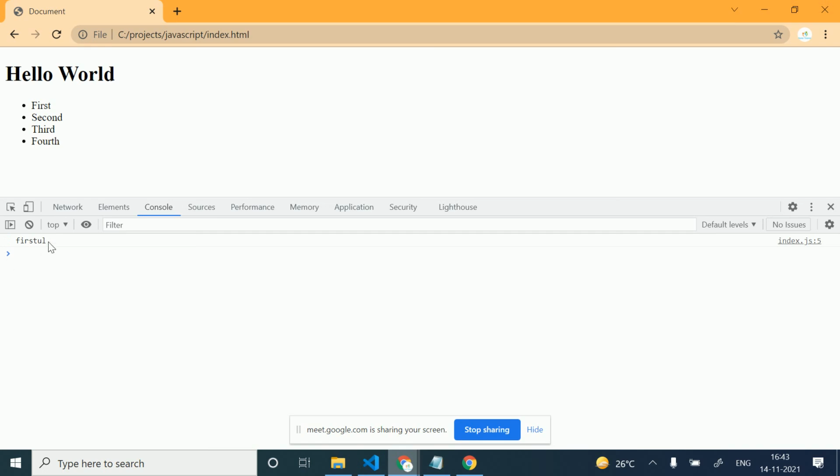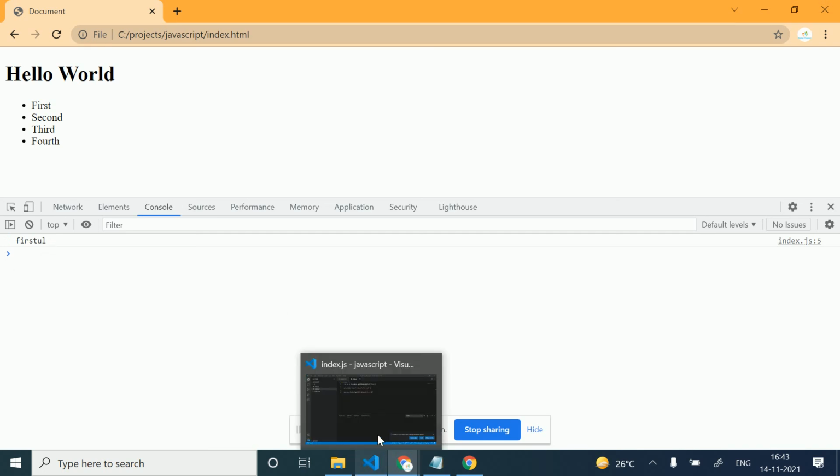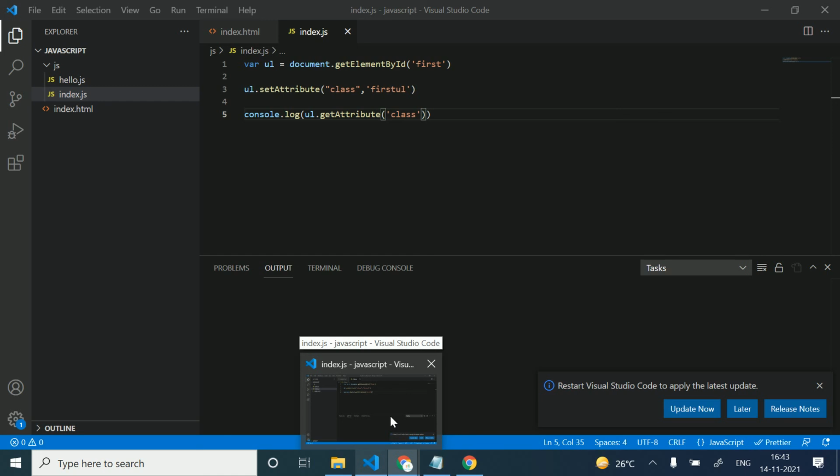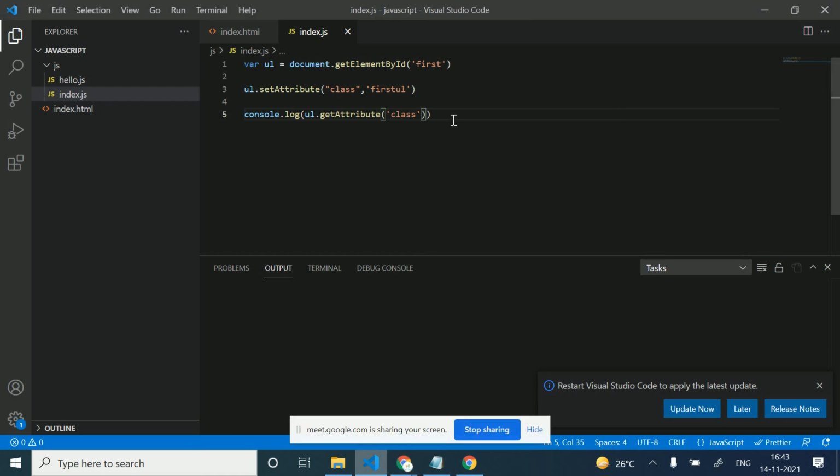So now first-ul. So we can get and set the attribute in this way. Okay, and we can also set the attribute directly, like ul.id, ul.class. That is very simple. If the functions setAttribute and getAttribute are not in mind, then we can directly update as well.